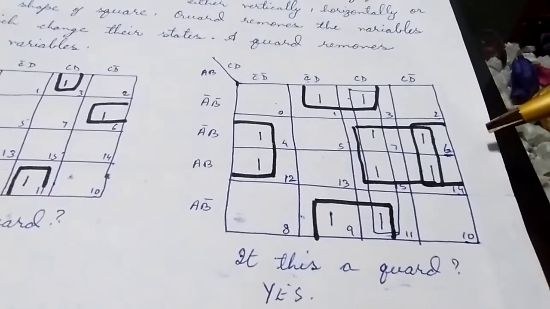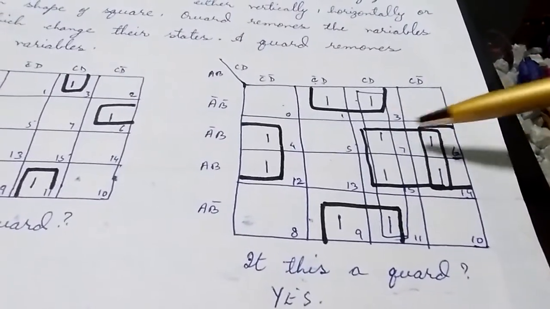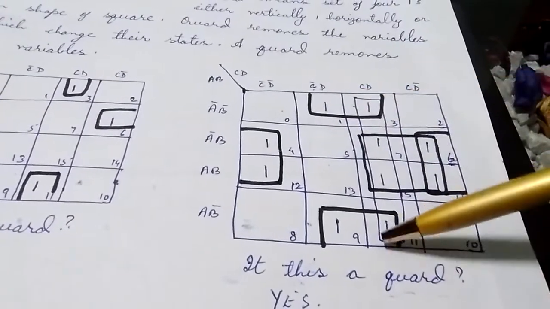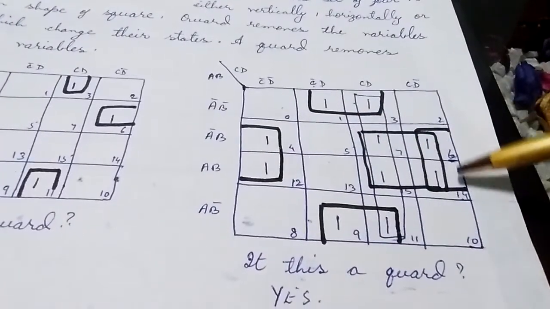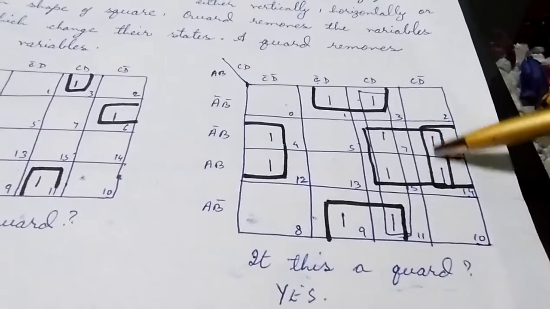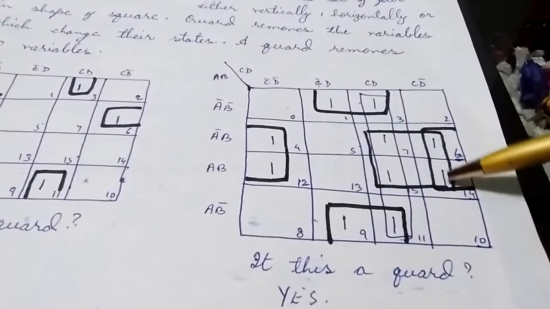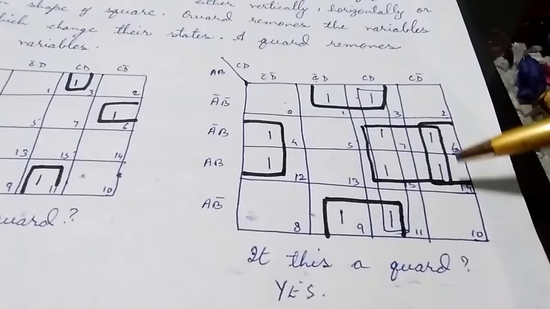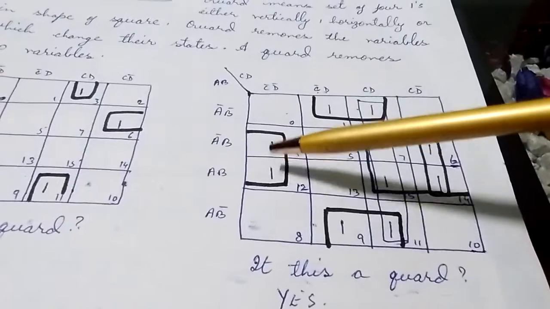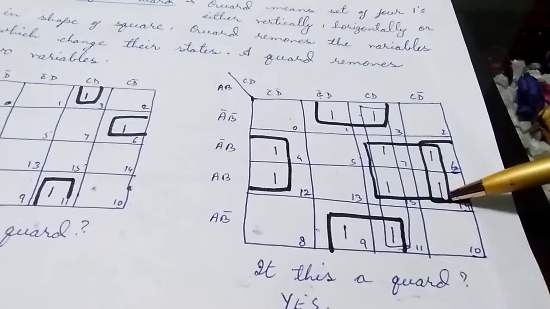Now see how we are pairing, or when we are making quads, the first quad is this one. Then we immediately make a quad of this. Then we see that there are 2 corners left over here. The rule says that out of 4, a maximum of 2 can go for pairing. So here these 2 are going for pairing, pairing with the next quad. So with these 2 pairs of ones, we make one more quad.